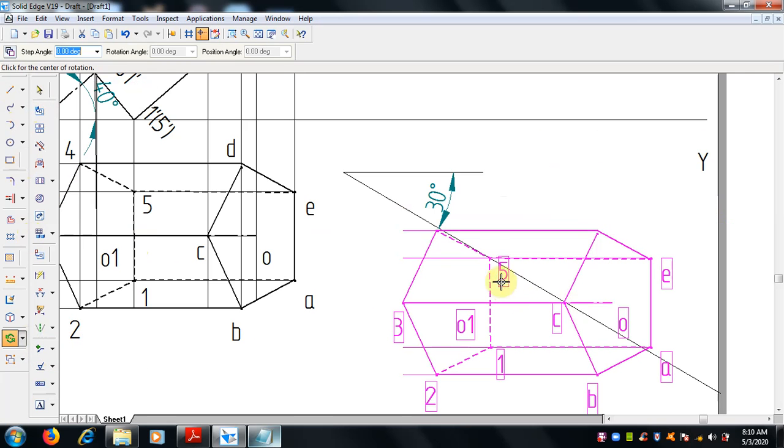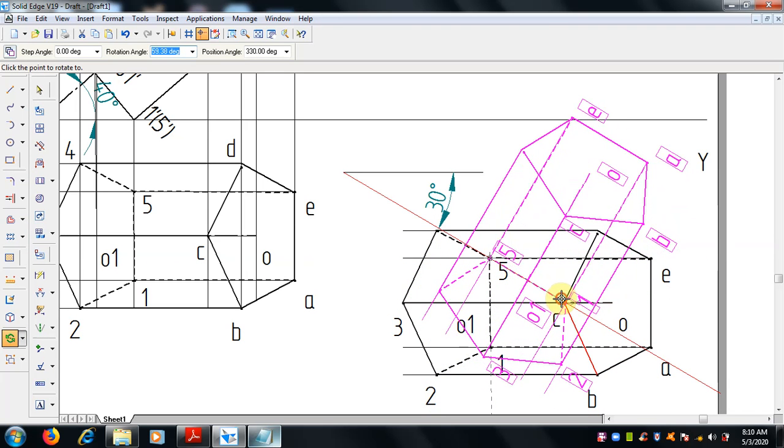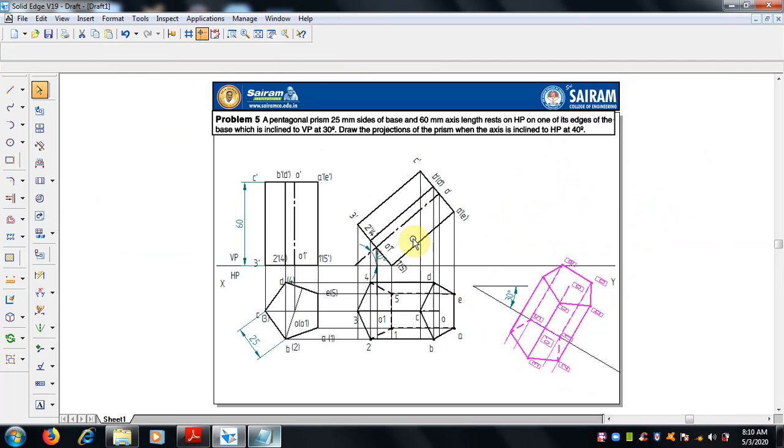Rotate, by keeping the resting edge on the inclined line. Now this is fully rotated. Still you can see this is crossing this, so we can move a little bit down. Select fully, move.